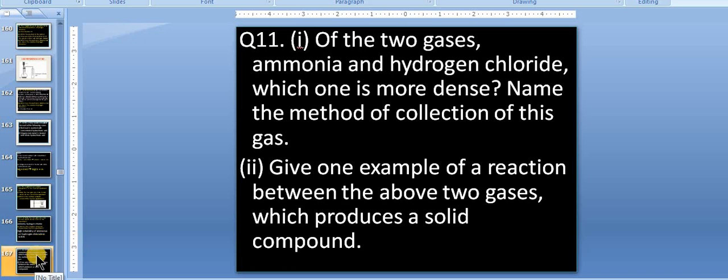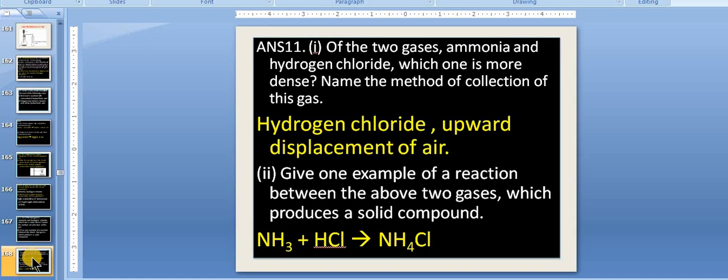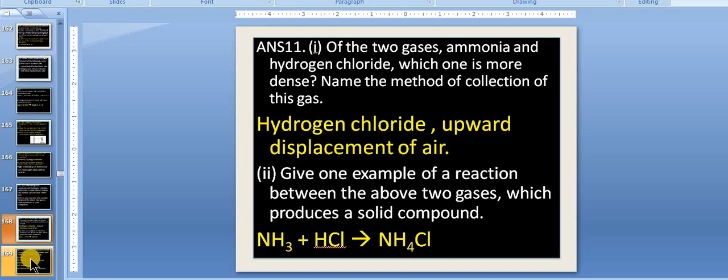Give one example of reaction between above two gases which produces a solid substance. So this is a very easy reaction. This is a neutralization reaction. Ammonia plus hydrogen chloride to form ammonium chloride. So this way we can write the reaction. Most of you have written the right answer in your chat box. Okay, so now next question we can take up,